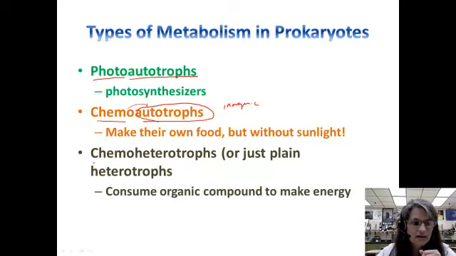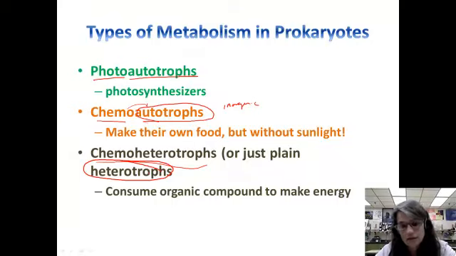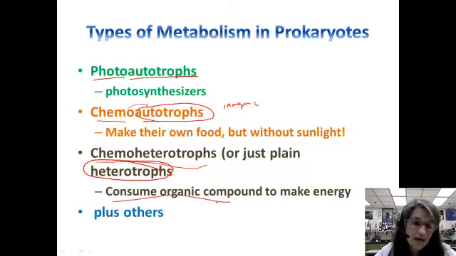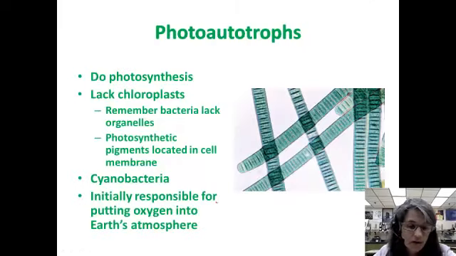And then chemoheterotrophs, or we would probably call them just plain old heterotrophs, like us. We're heterotrophs. We eat stuff to get the energy we need. They consume organic compounds. They eat stuff to get the energy that they need. Okay, and then there's other weird metabolic forms as well. We won't